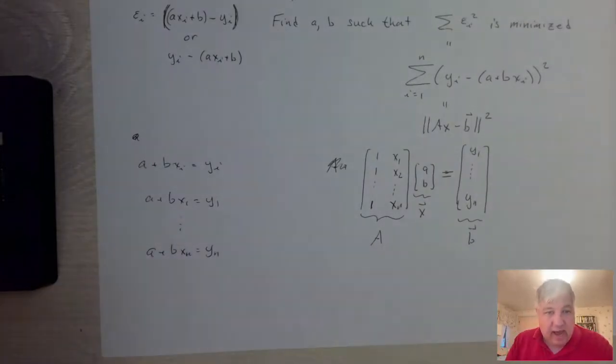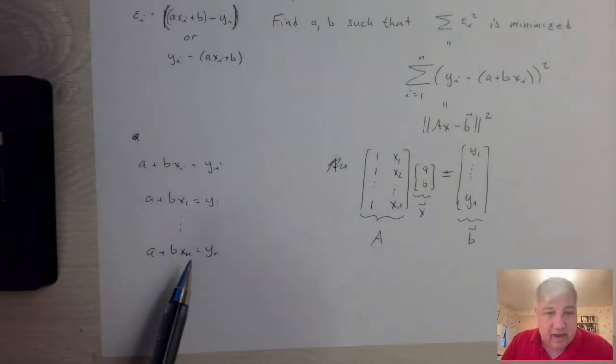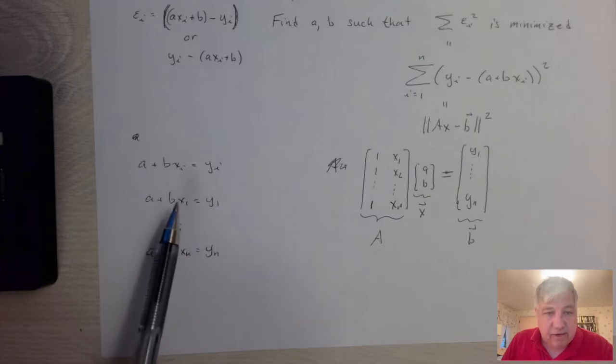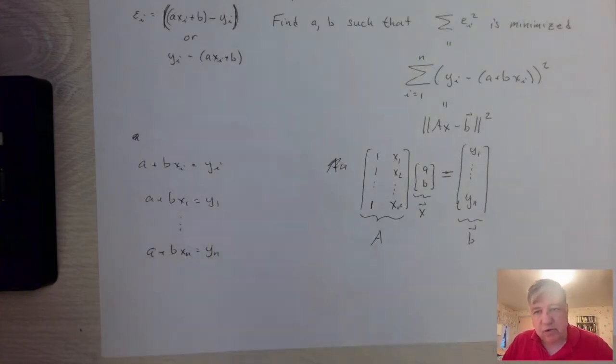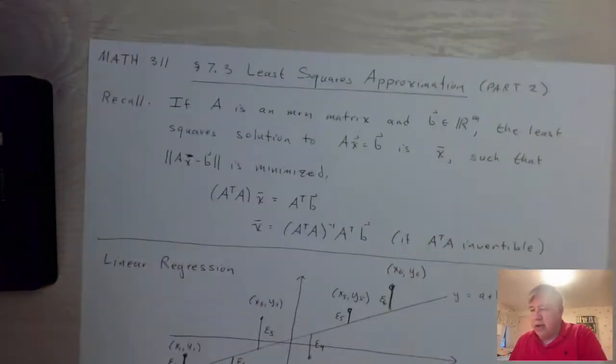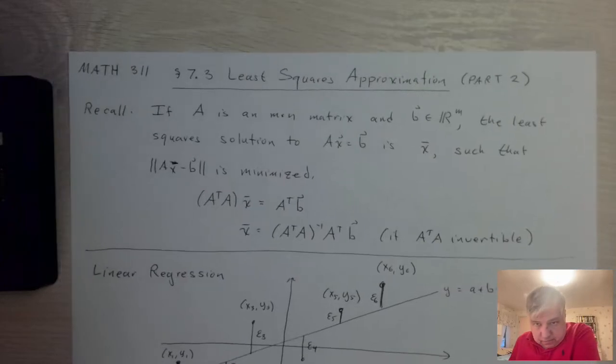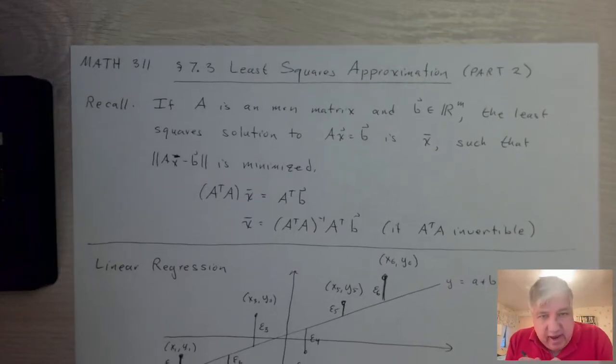This won't have an exact solution, but we want to find the a's and b's that make the gap between these as close as possible, and that's what we're talking about, the least squares solution. And if we recall, if A is an m by n matrix and b is a column vector of length m, the least squares solution to the equation Ax equals b is this vector we call